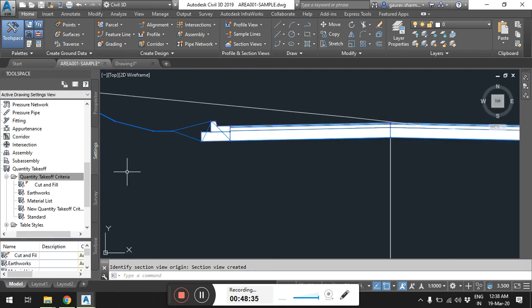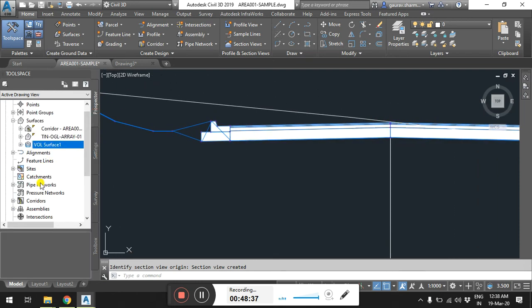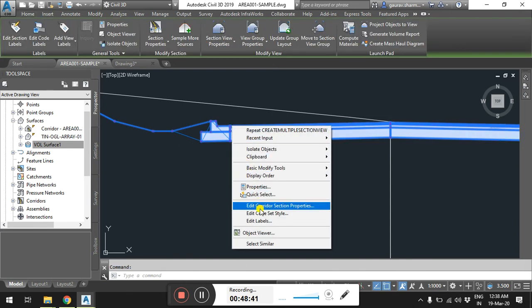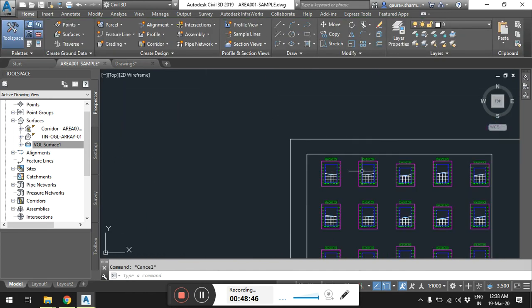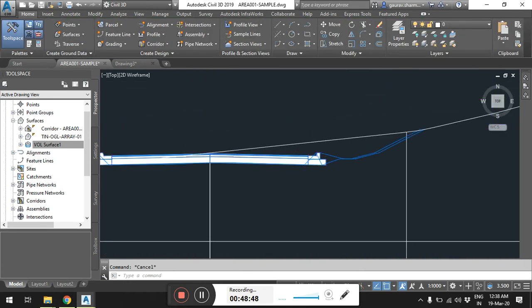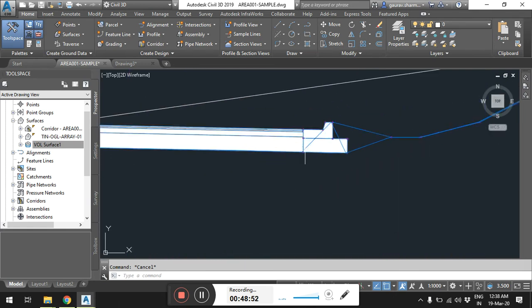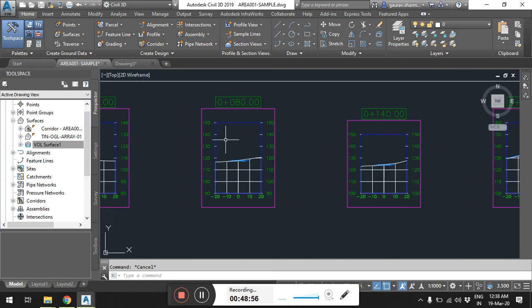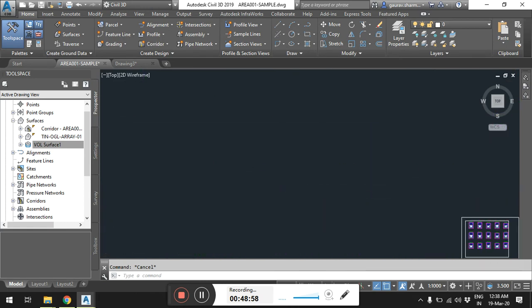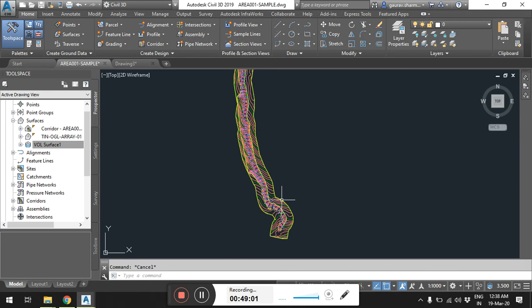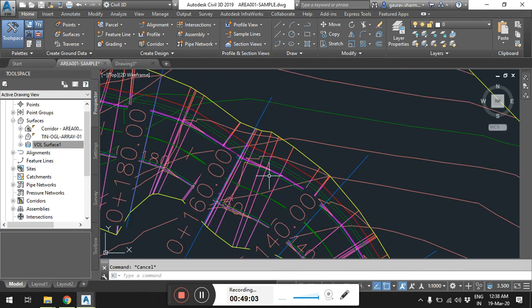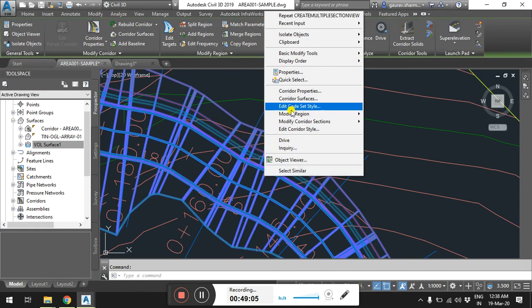So what I'll do, I'll go to the corridor properties. From the section I cannot select a corridor and go to the corridor properties. You see these things. Basically this corridor surface should go flat because including the curve also. So what I'll do, I'll select the corridor, go to its properties,